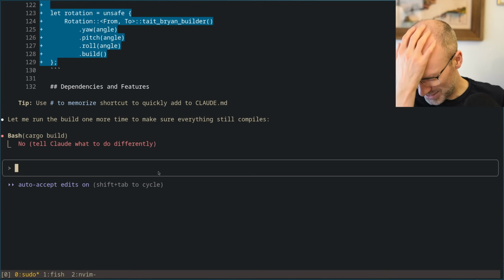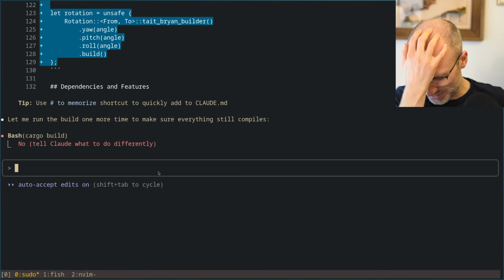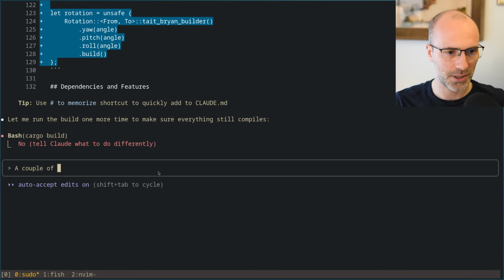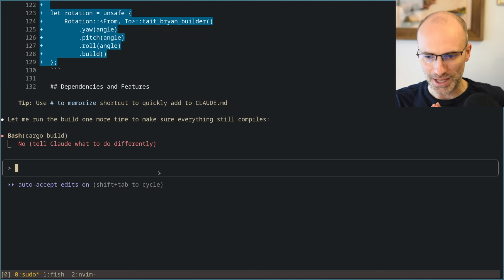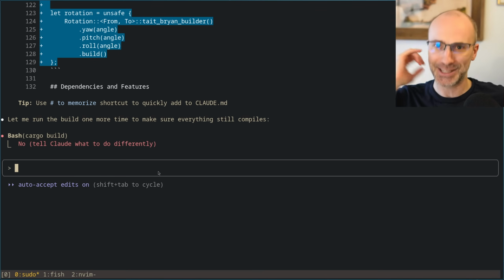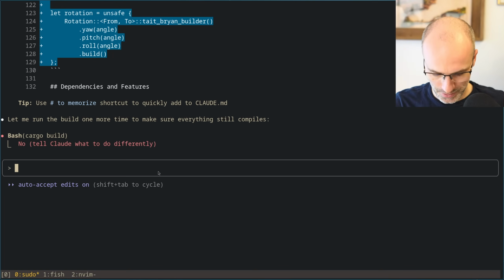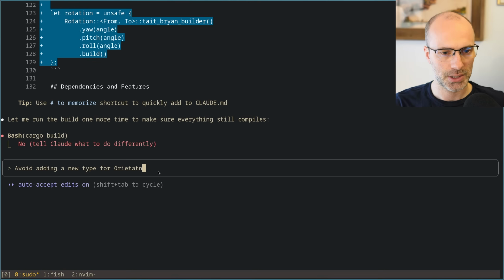Let's see. Did we keep track of the things we needed to tell it? Actually, let's try to make it briefer, to see if it still does the right thing if I'm not quite as articulate when speaking to it. Avoid adding a new type for orientation for target.